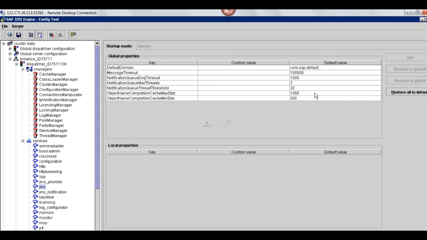The property values will be changed based on your requirement. Here we can change the values. Select this, go to set, select this value, change it here, and click on set and click on save.